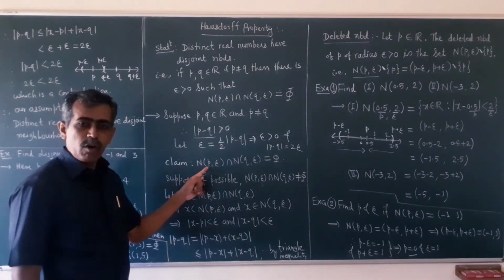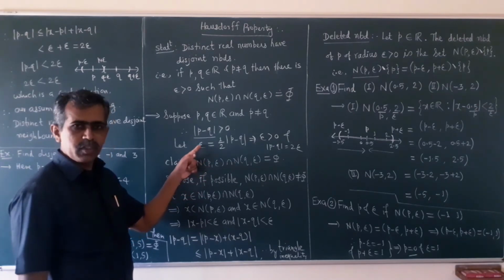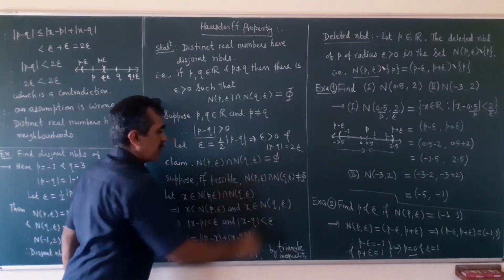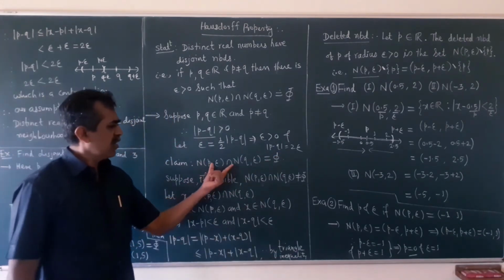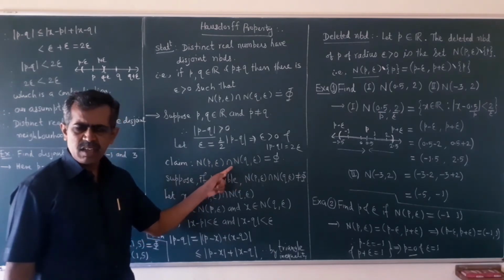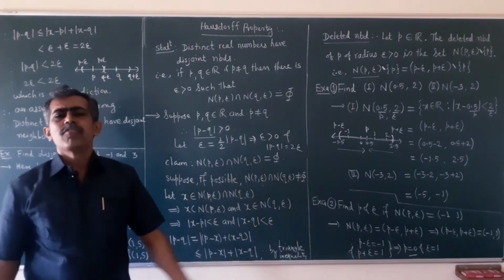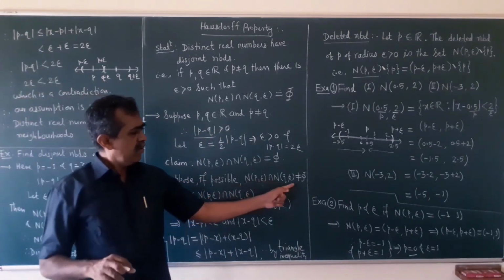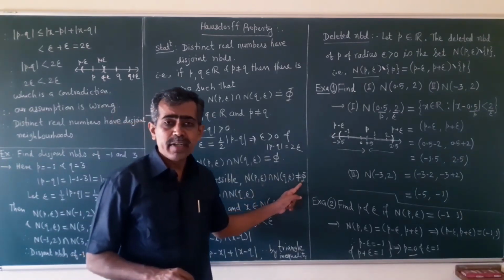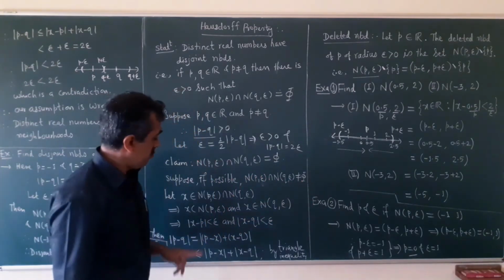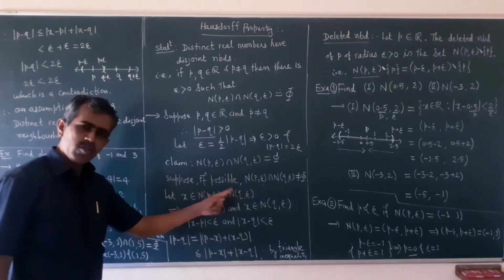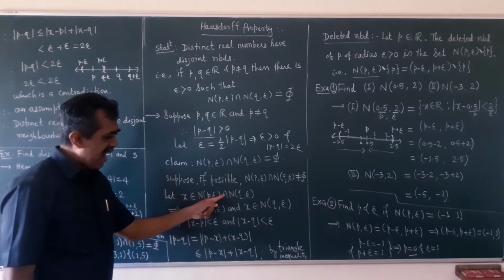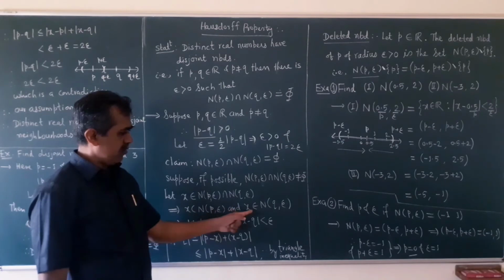Okay. So what I want to prove is, if I choose the neighborhood of P of this much radius and the neighborhood of Q of this much radius, then they have nothing in common. Now see how to prove it. We have to prove that the intersection of these two is empty, meaning they have nothing in common. Suppose, if possible, on the contrary, that their intersection is not empty, meaning there is something common. Suppose x is common to these two, then x belongs to this and x belongs to this.